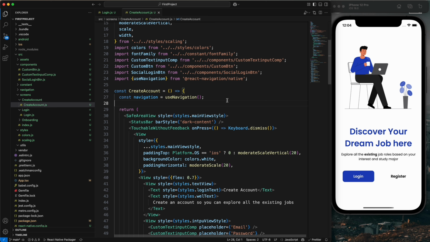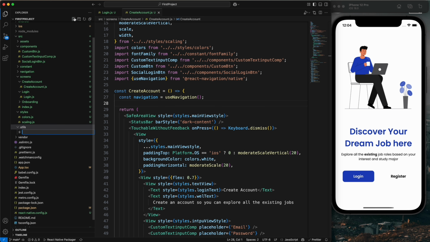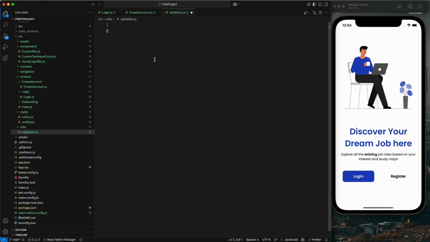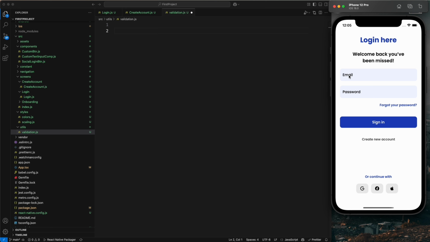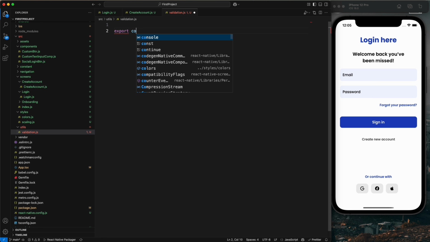So for the validation we are going to create one global validation. This is my utils folder, and I just want to create a validation file with the name validation.js. So this is my validation file. First I'm going to create the validation for the login. So we have a validation for the email and password. For that I'm going to create a function, export const email